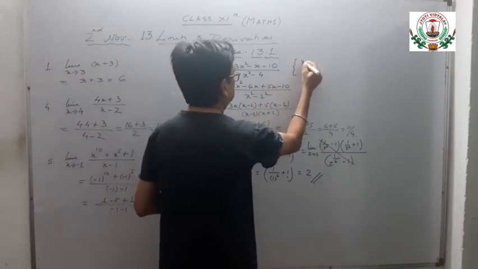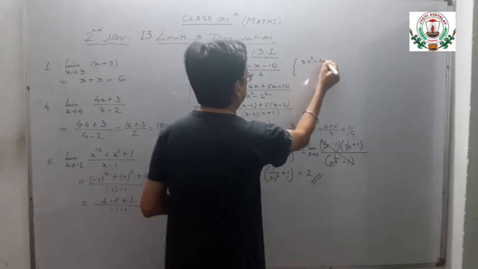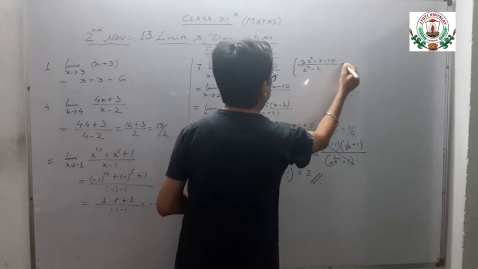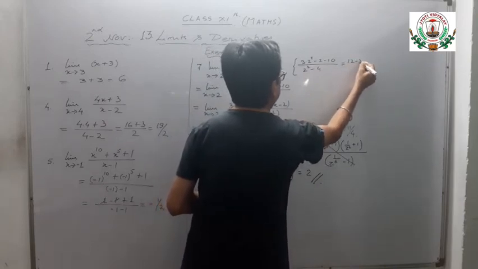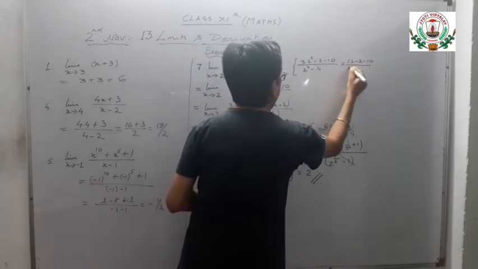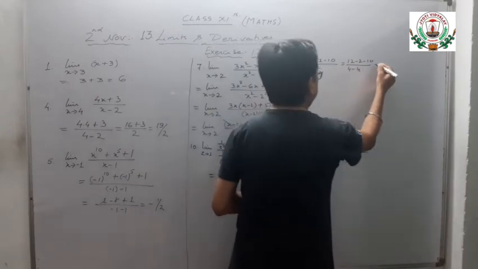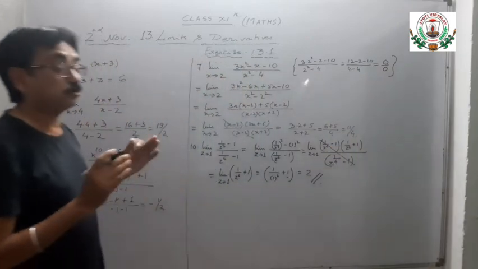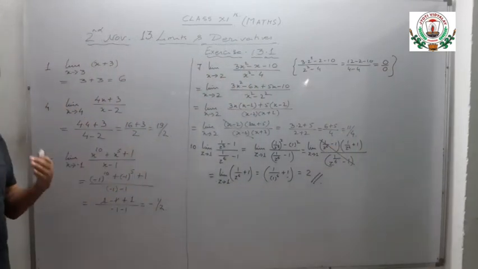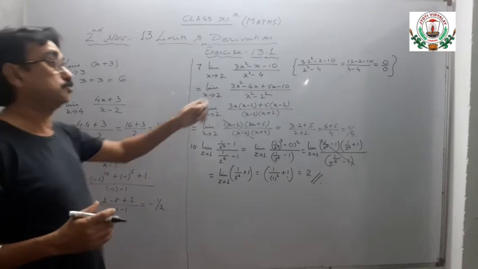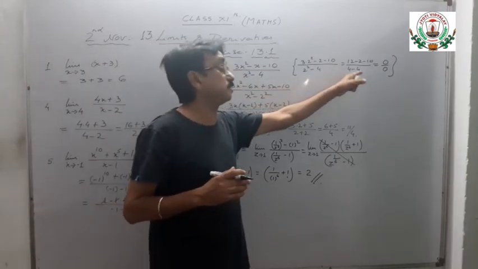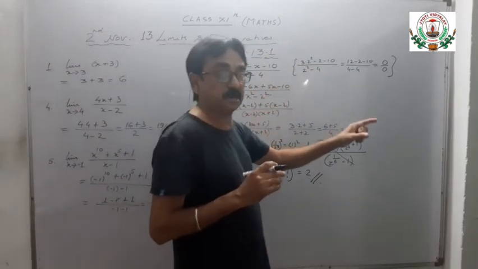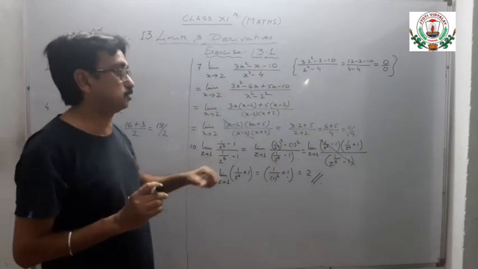Let us see. 3 into 2 square minus 2 minus 10 upon 2 square minus 4. 3 into 4, that is 12, minus 2 minus 10 upon 4 minus 4, which gives us the 0 by 0 form. So 0 by 0 is an indeterminate form, and this should not happen. Whenever we are substituting directly, we should not get